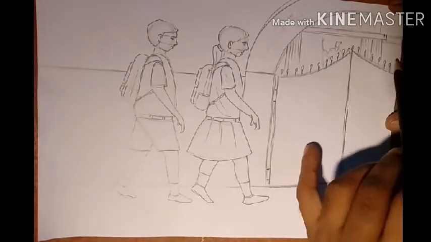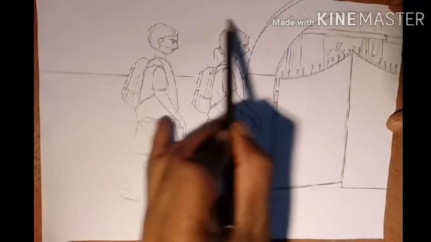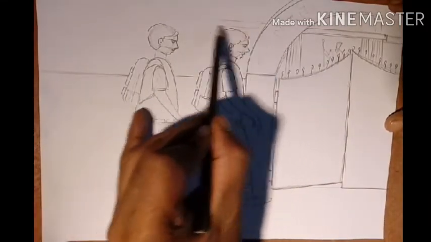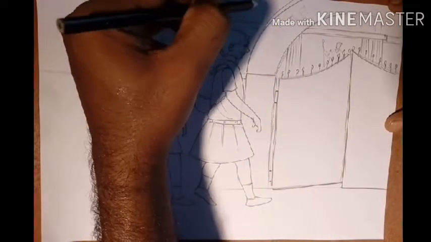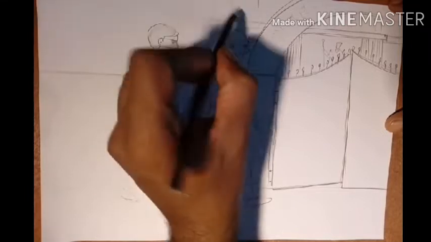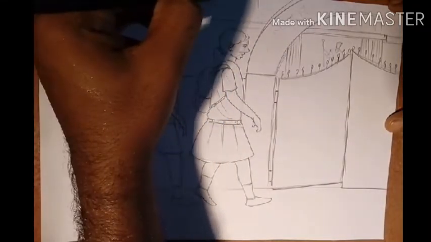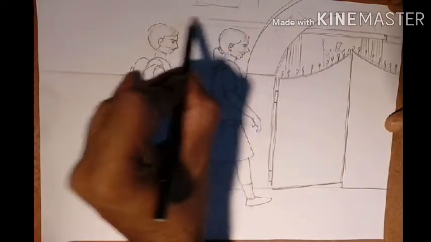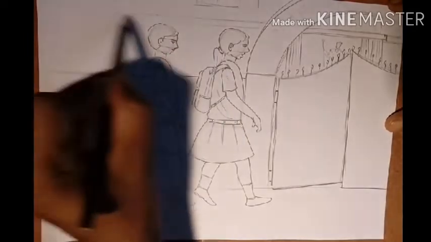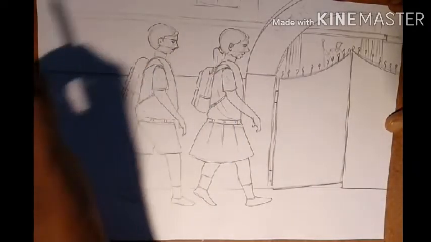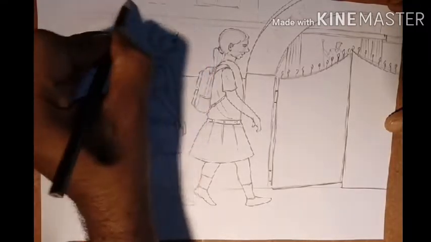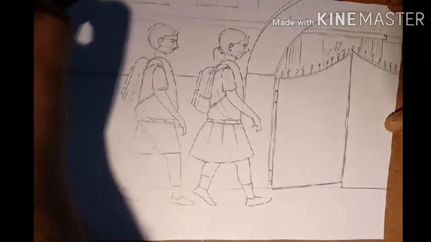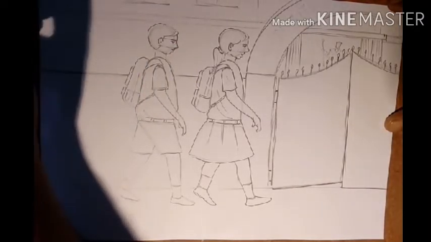It will not be that prominent because it is far away from you. It is a far distance away from you. So here also you can show some part of the building, some windows. So those will be in light, means the lines will be in light. You don't have to draw too much detail for the background. In the case of the background, you will use the pencil lines very lightly.